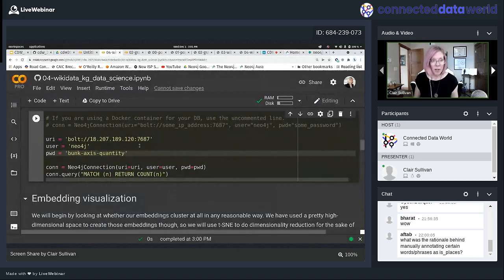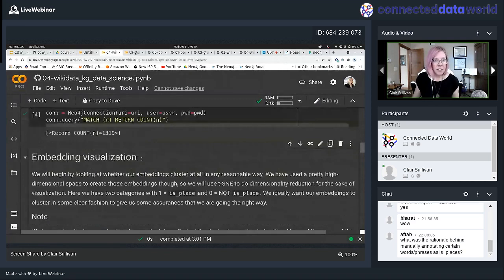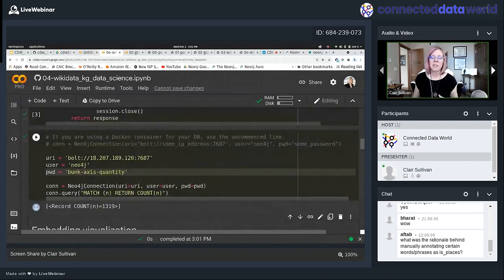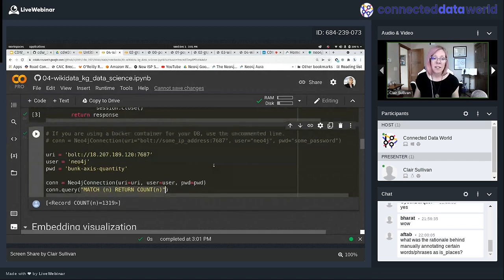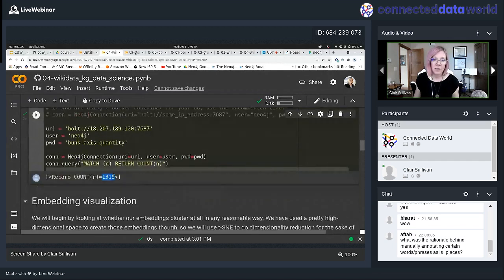Okay, so now I'm going to run that. Slightly different syntax. It probably looks really similar to SQLAlchemy, how you would query a database there, where I have a connection and I have a query. I like this just because I return the number of nodes. Okay, so match n, return count of n tells me I have 1,319 nodes.